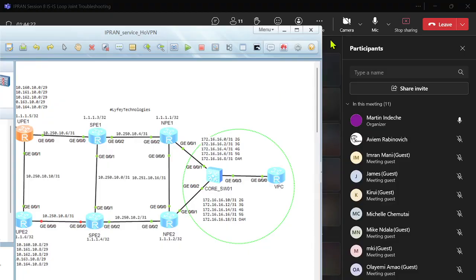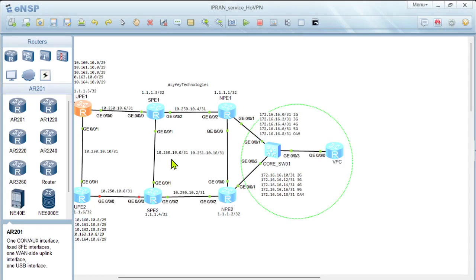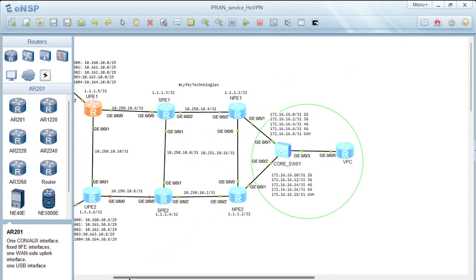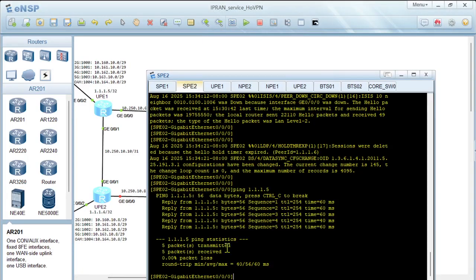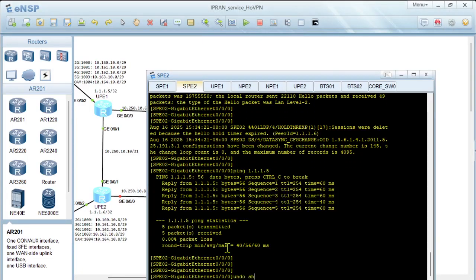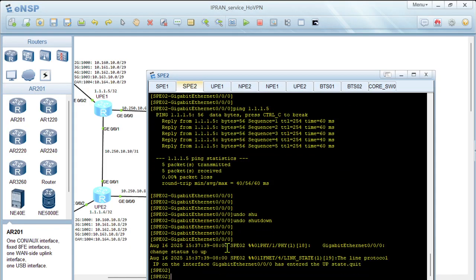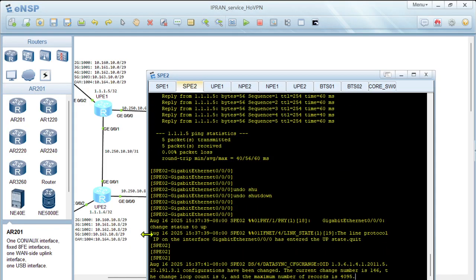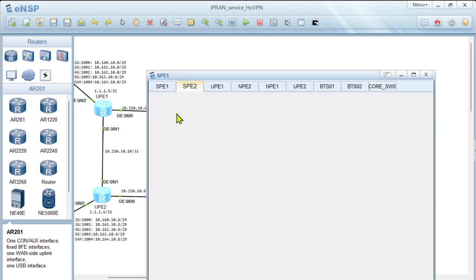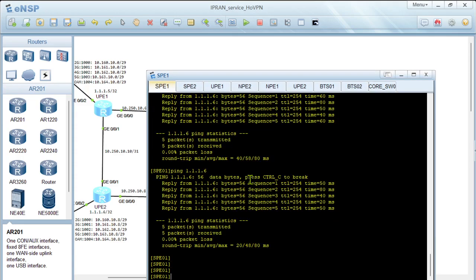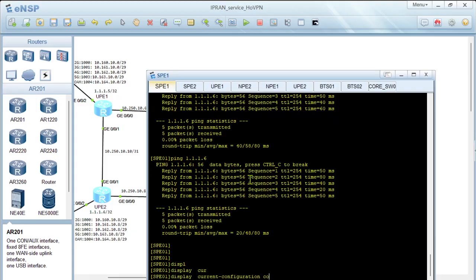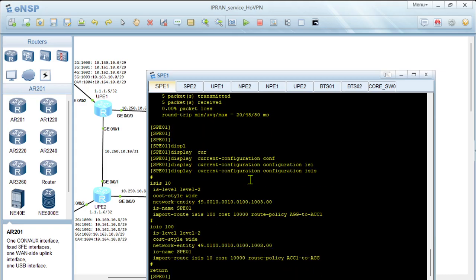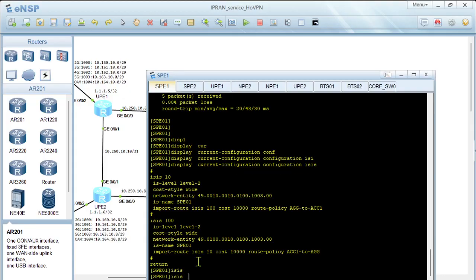If I give you another workaround that we can use, let me just restore the way it was. I will undo shutdown. And once I undo that link, I will go back to this. Display current configuration ISIS. So what I want to do is I will remove the import policies that we've configured